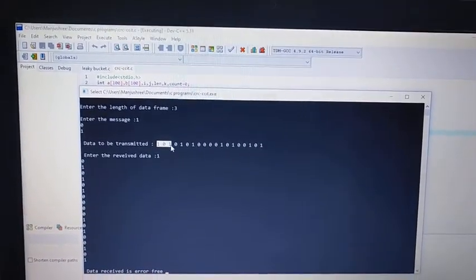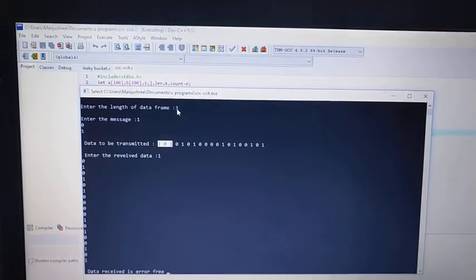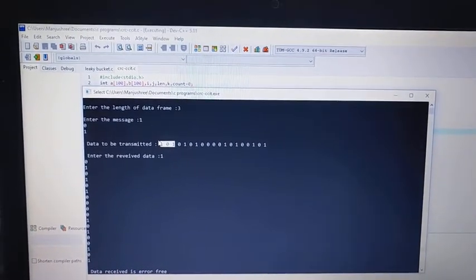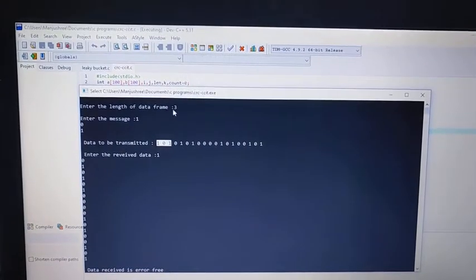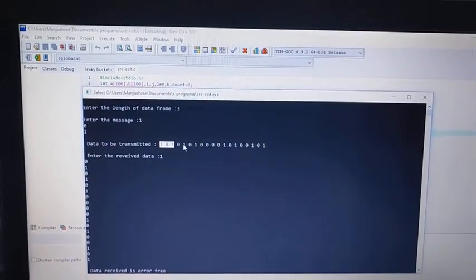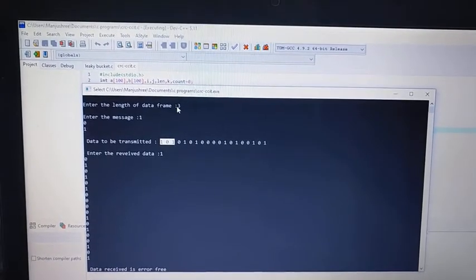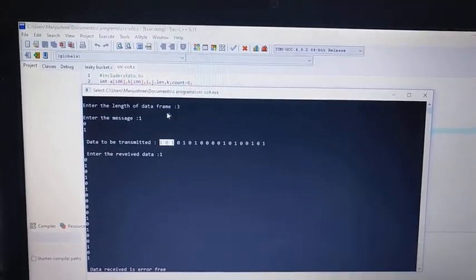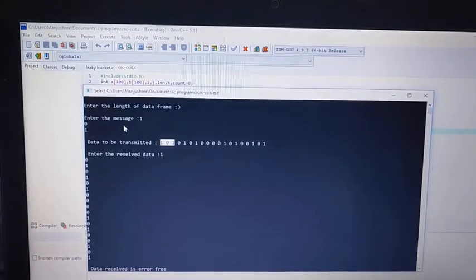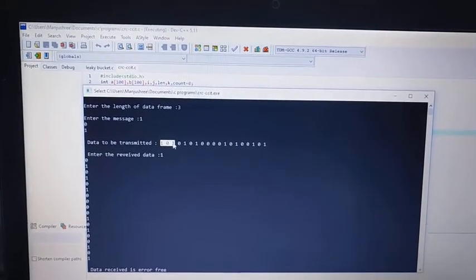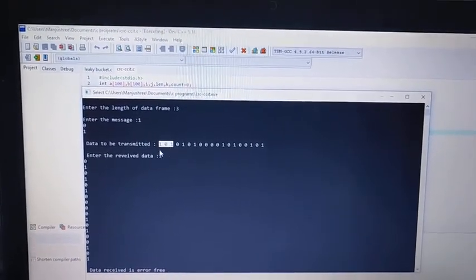Suppose I take the length as 4, then the first 4 bits; if I take 5, then the first 5 bits indicate the data. Here I have considered the length of the frame as 3, and I have entered my message 101, so this part indicates my data.